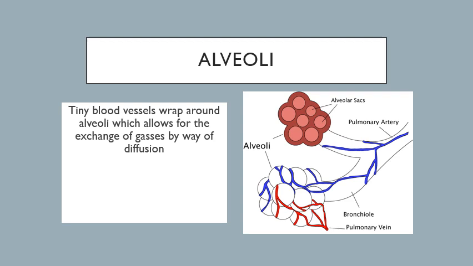Inside the alveoli, to begin with, there's a super high concentration of oxygen, right? In the cells, there's a very high concentration of carbon dioxide. Now, this is critical. The oxygen will diffuse from the alveoli directly across the membrane into the red blood cell, where there's a lower concentration. The carbon dioxide in a high concentration in the red blood cell will diffuse out of the red blood cell and into the alveoli. So you've brought in oxygen to the cells. That oxygen is getting replaced with carbon dioxide, which you will then exhale.